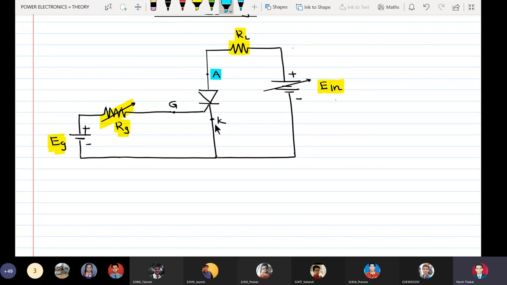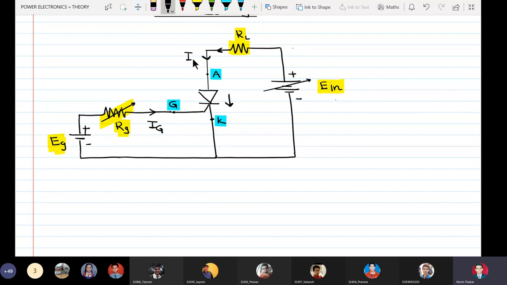Now anode, cathode, and gate. So this is my gate current IG, and you know that SCR is a unidirectional device. That means the current will flow always from anode to cathode. That is why this has to be the device current.